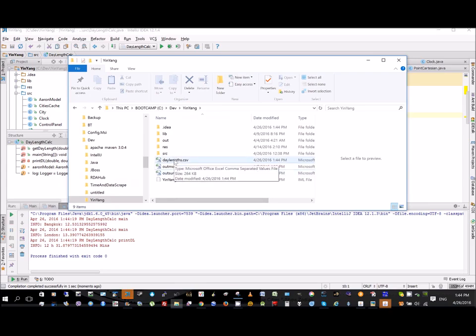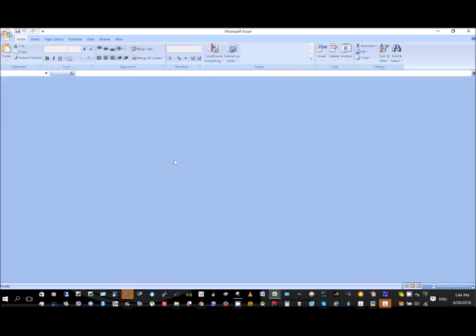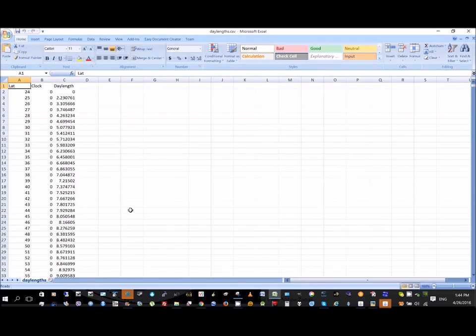It's going to go through all the latitudes, like 2 degrees at a time, and it's going to go through all the days of the year, and calculate using this function what I think the day length should be. So I then can open this up in Excel, but it's not very useful to look at here. What I can do is take this